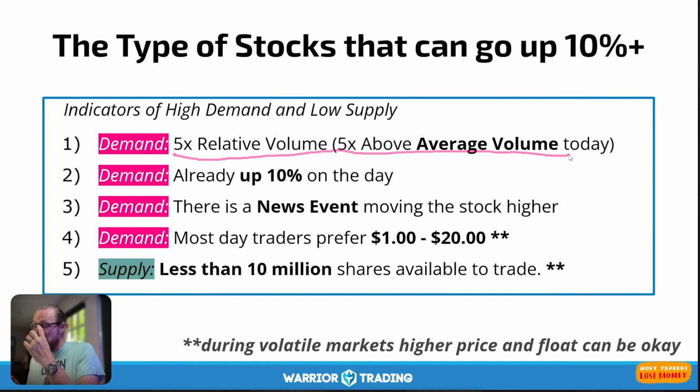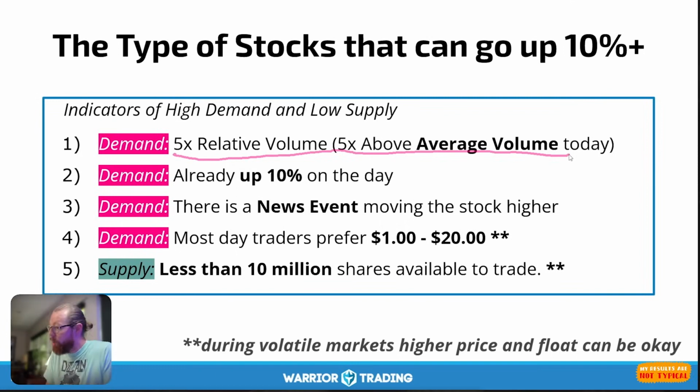And I have found for small account traders, which is going to be most of us, trading stocks between $1 and $20 is going to be better because our goal is to make 10% per day. So it's going to be easier to get that on a $2 stock. A $2 stock only has to go up 20 cents and you're up 10%. A $200 stock, your Teslas, your Facebook, these are not companies that go up 10% in one day. So inevitably, as we search for the higher volatility and the higher returns, we're going to be focusing on lower price stocks. But there is a sweet spot there.